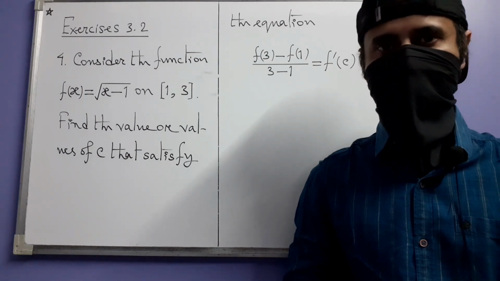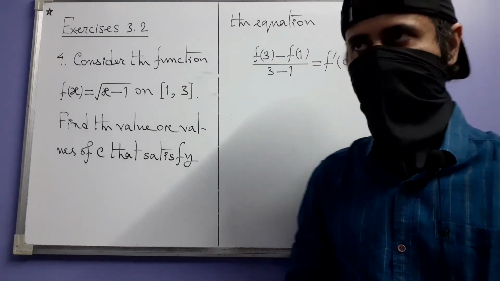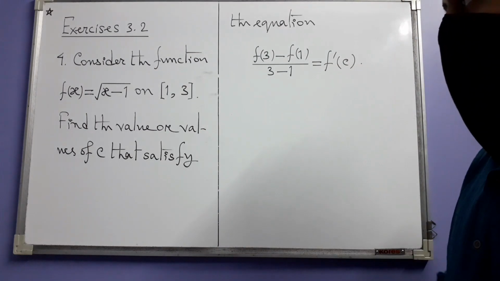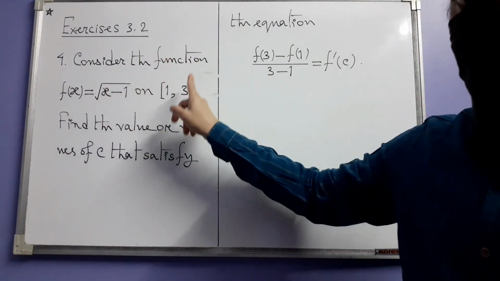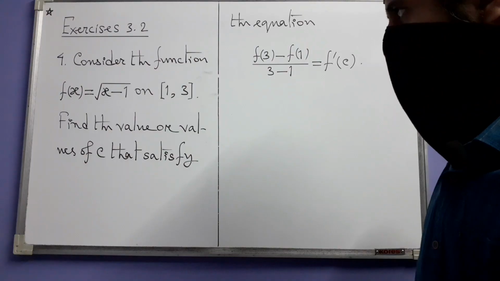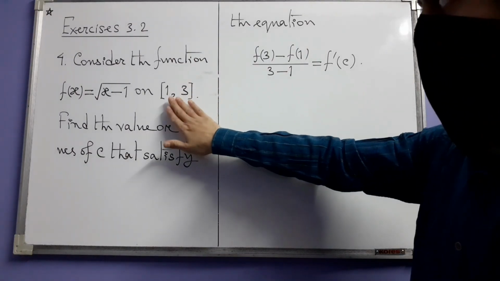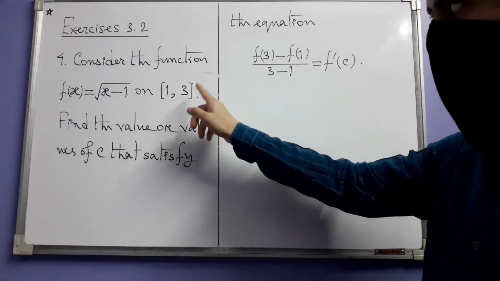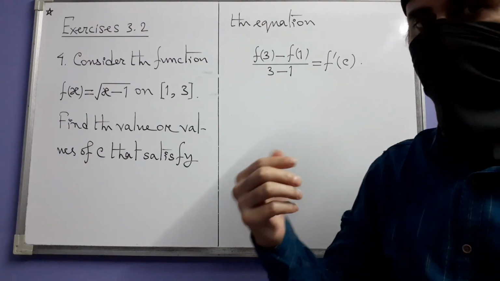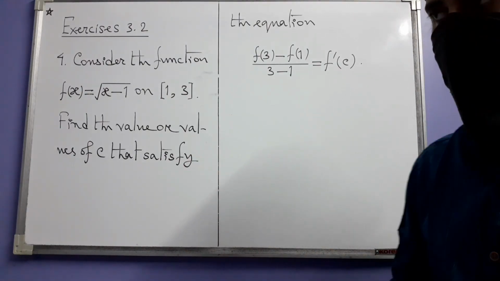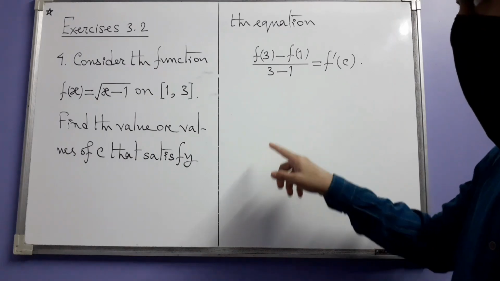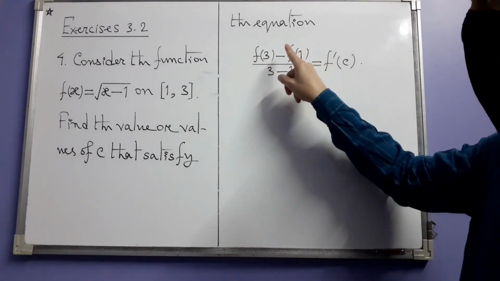Let's next see some problems on the mean value theorem. Let's start with number 4, where you consider this function square root of x minus 1 on the closed interval 1, 3. Note that the function is continuous on this closed interval and differentiable in its interior, open interval 1, 3. So you can apply the mean value theorem to it, which tells you that this quantity f of 3